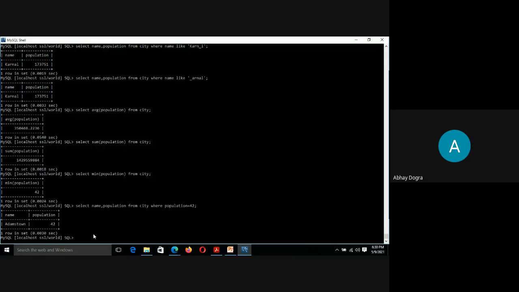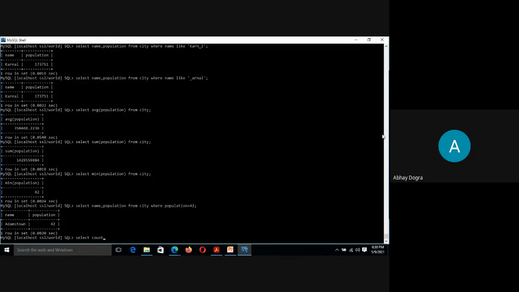So these are the different functions. We are left with one more function, which is count. Very important. Let's say you quickly want to see how many cities are available, or how many records of cities are available in this table. There is a function called count.